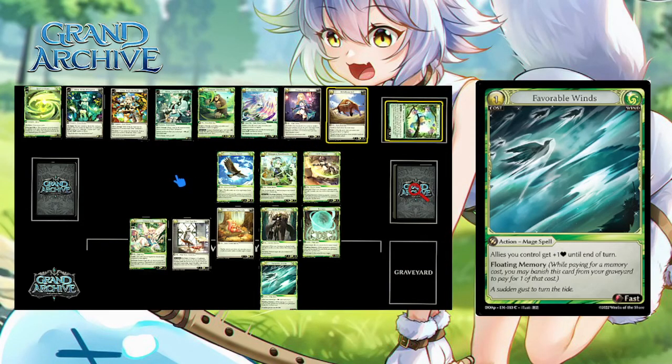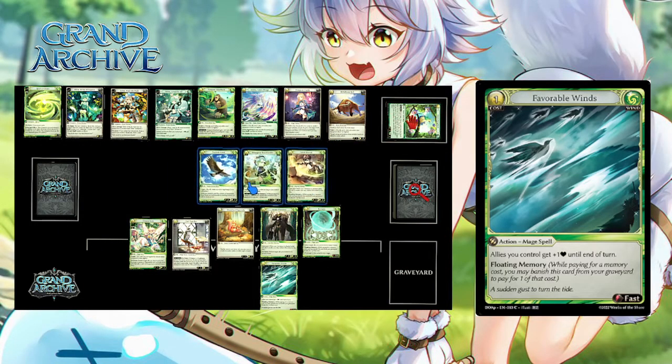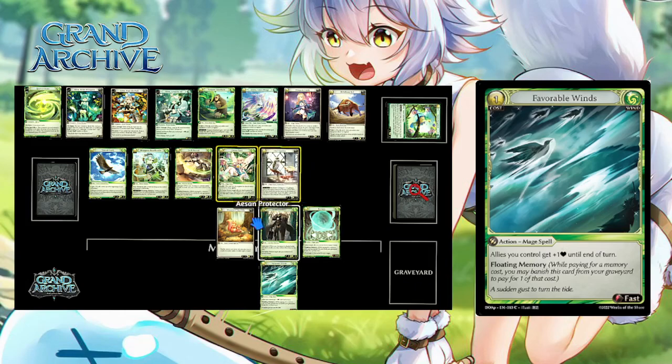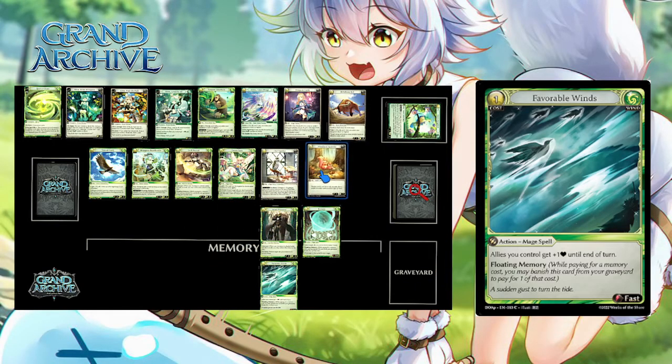Is that all the floating memory we have here? That is all the floating memory. All right, I guess we'll look at another card that is a good reason to run